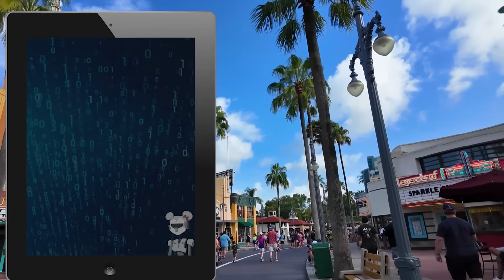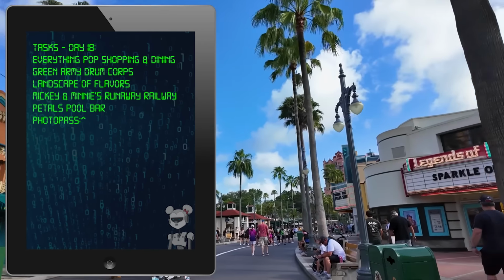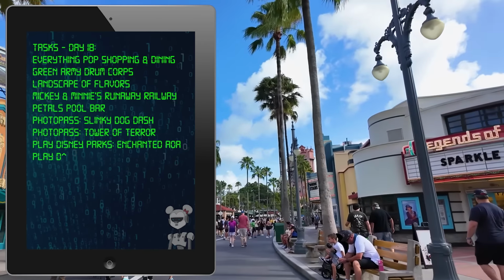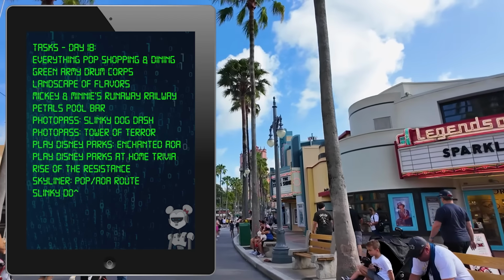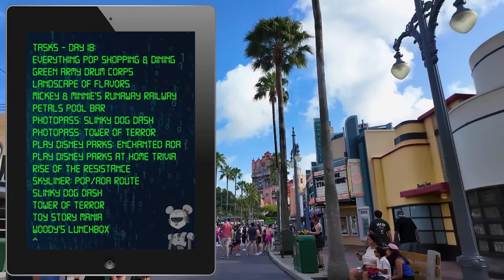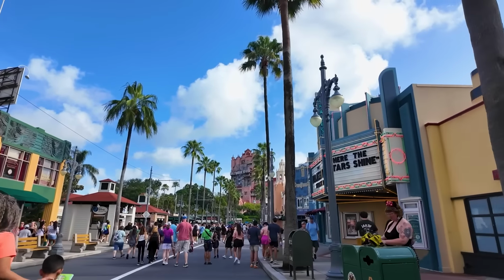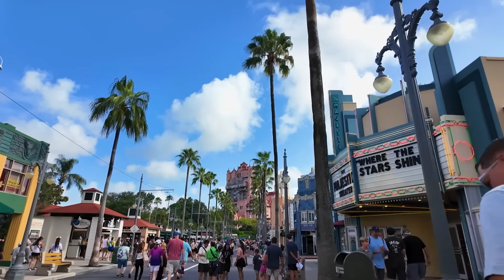All right, we are starting down Sunset Boulevard. We are headed to what is now one of my favorite rides, but previously has been one of my most terrifying rides, and that is the Hollywood Tower Hotel. I'm super excited. This is Tower of Terror, and today I'm actually going to be using the Lightning Lane Multi Pass